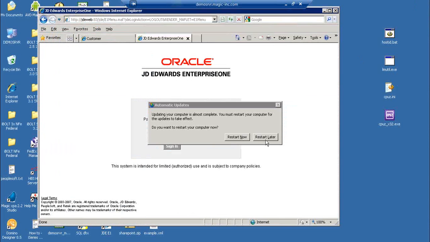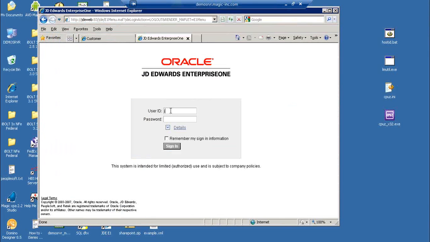So what we're going to do today is, in a second here, share out my desktop and show a live demonstration of actually using Magic XPI to do what Glenn just talked about. We're going to connect SharePoint, which is, of course, a Microsoft web-based interface, and we're going to actually connect that to our JDE environment. So we'll be able to get full connectivity from E1 here.